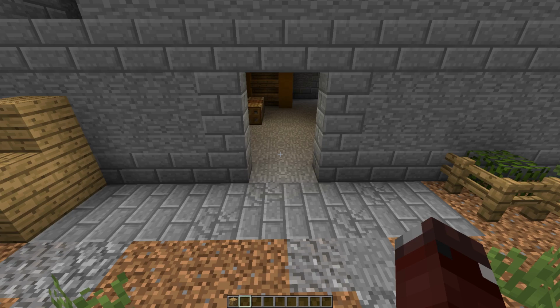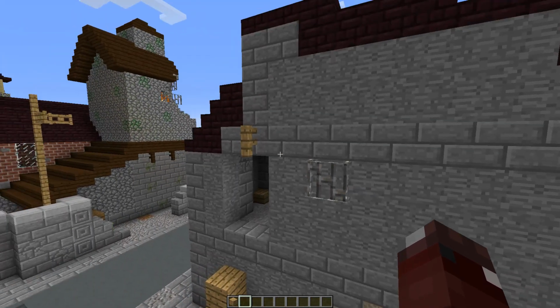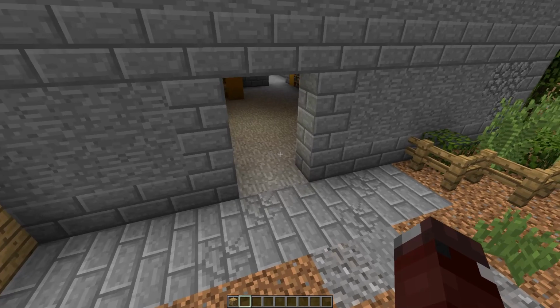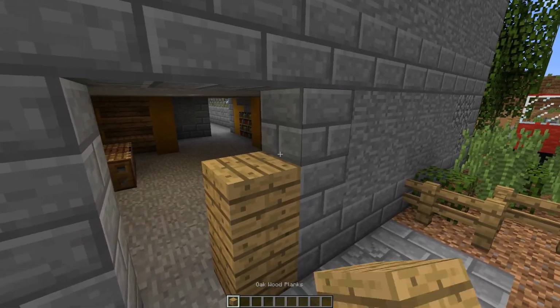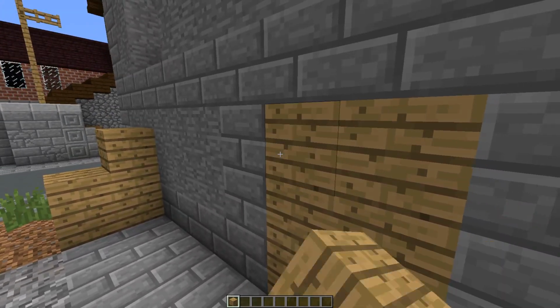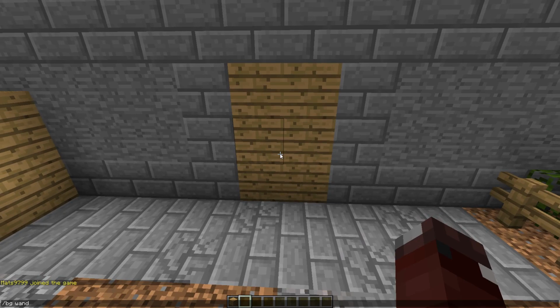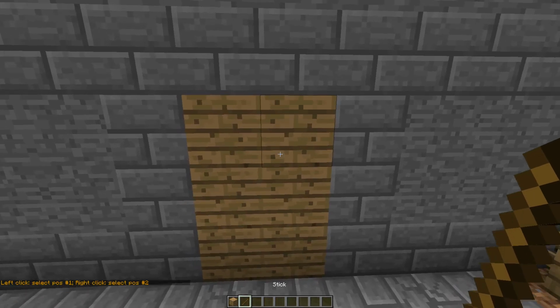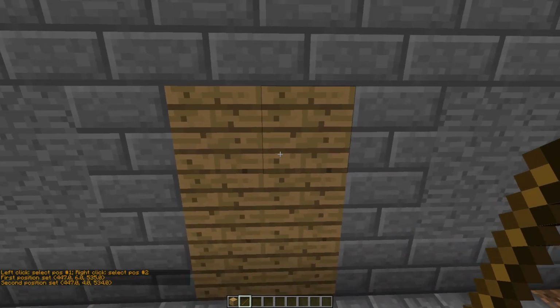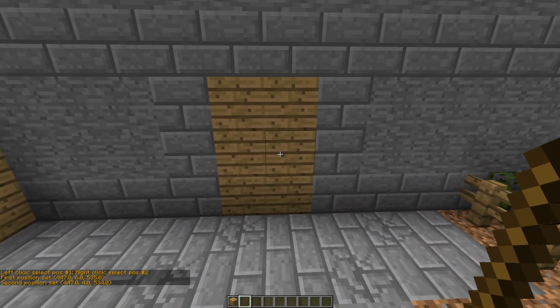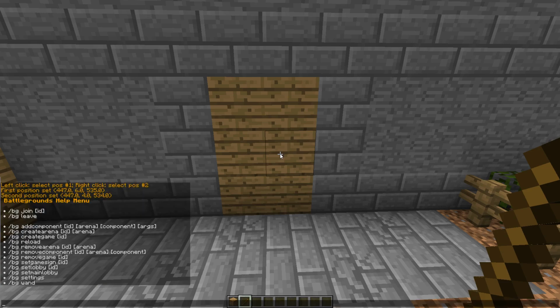Let's add a door to the unlockable section, which is this house. First you need to grab a block and mark down the area we want to use as a door. Then we grab the wand, which is PG wand, and select the whole door. Select it all the way. And then we can use the command add component to add it to the section which can be unlocked. So game ID 1,